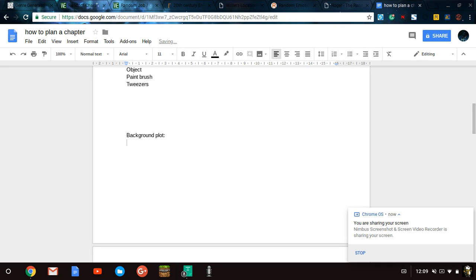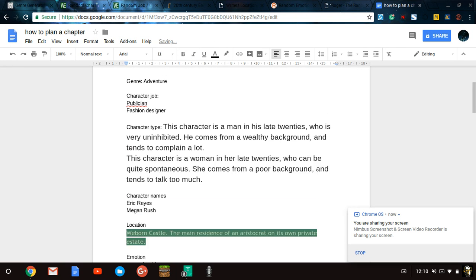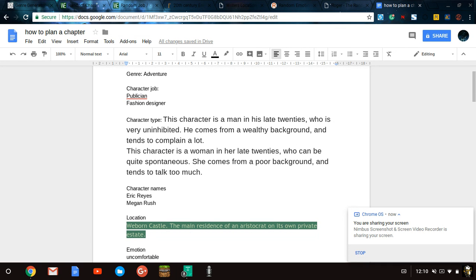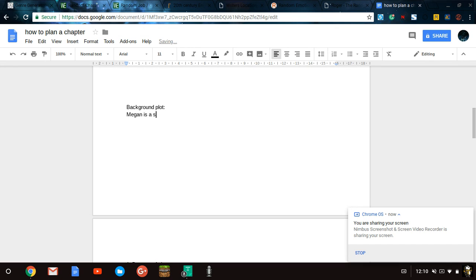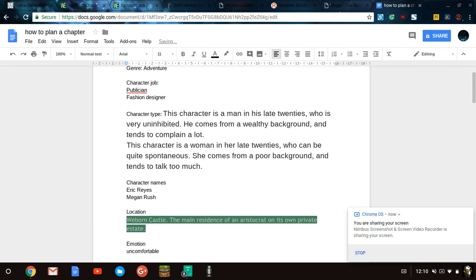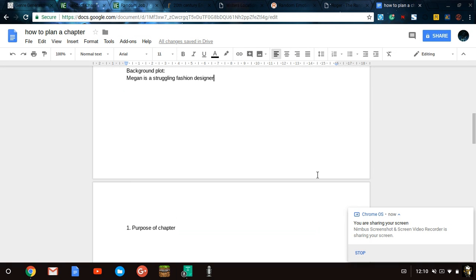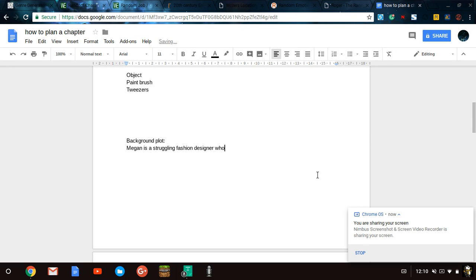The idea is going to be that, sorry, there's something in my keyboard. Megan is a struggling fashion designer but she finds, this is harder than I thought. An adventure story. So this doesn't have to take place in modern times, so I am going to say it is a medieval background. So she's a struggling fashion designer